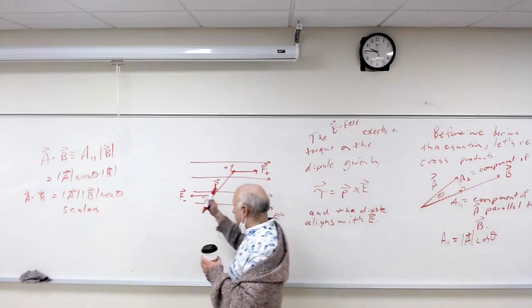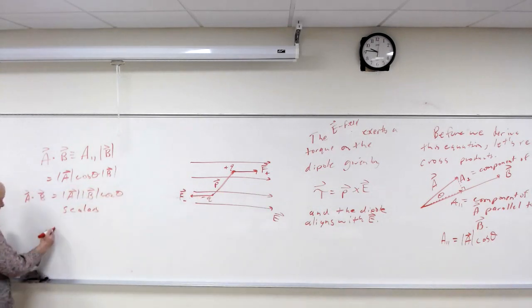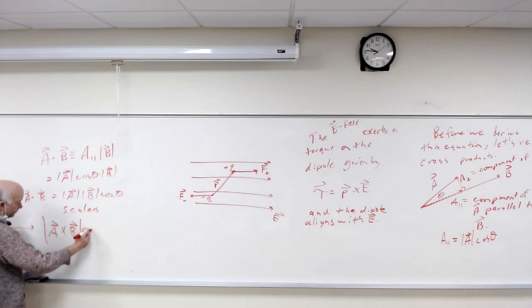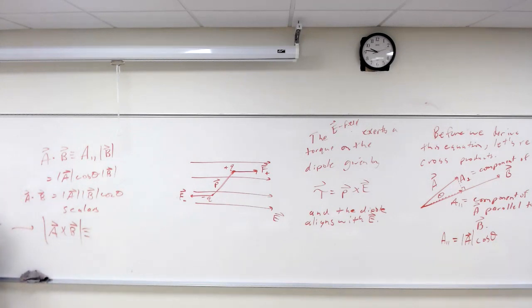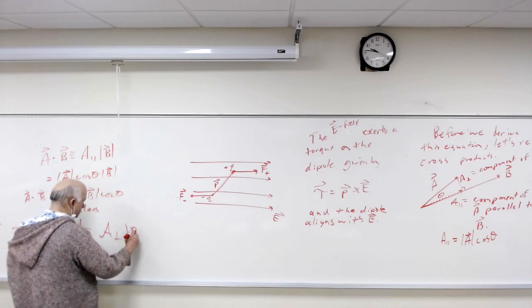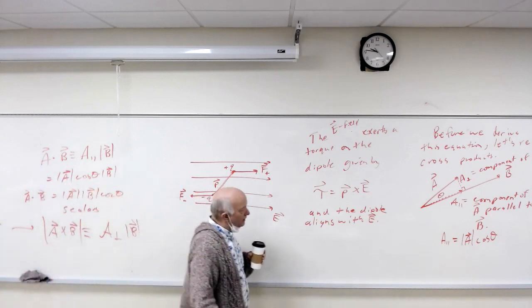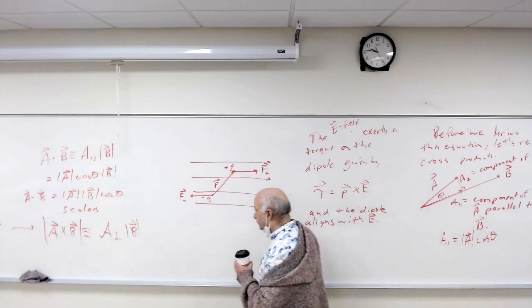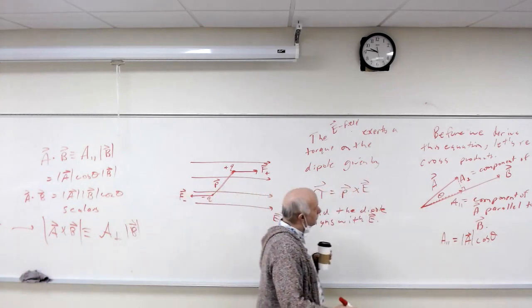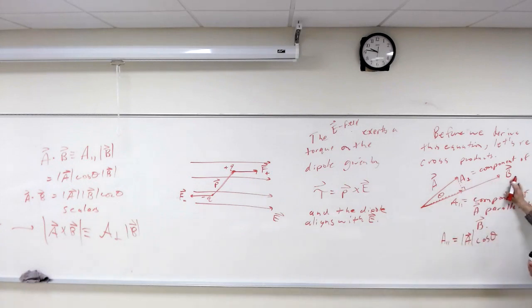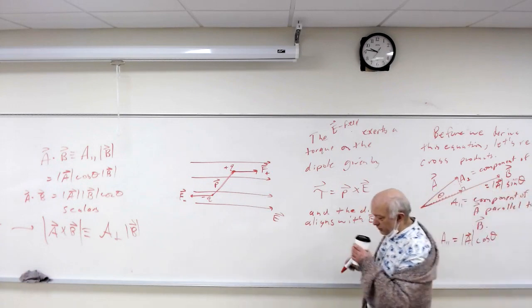A cross product, we're going to basically define similar to this. So first of all, this is going to be a vector. I'm going to draw the magnitudes over here. And what do you think this is going to be then? It's going to be the perpendicular component of A times the magnitude of B. The orthogonal component. That's all. How much of your A here is perpendicular to B like this? What's your A perpendicular? This is the magnitude of A sine theta. So we're going to take that and put it in here.